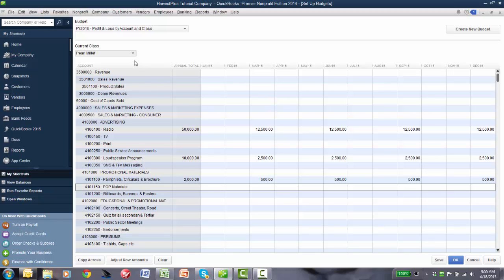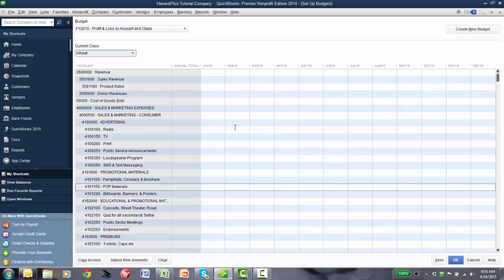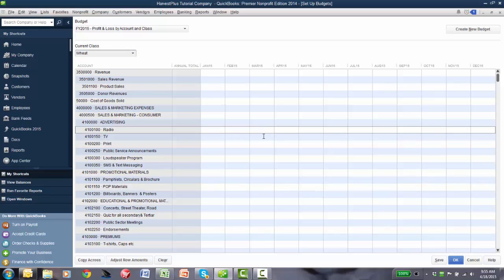When you finish doing pearl millet, you could then come down to your next item, which in this case for me is wheat. Do you want to record your budget? Yes, absolutely I do. And you'll see that you now have a clean slate, and you would do the same thing here. So for wheat, you had radio advertising in, we'll start with March, of